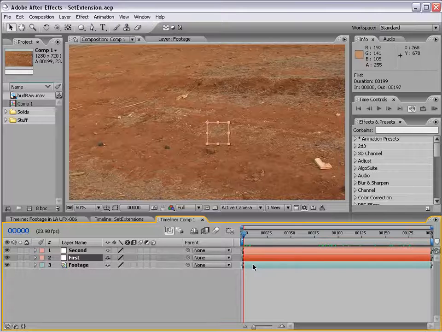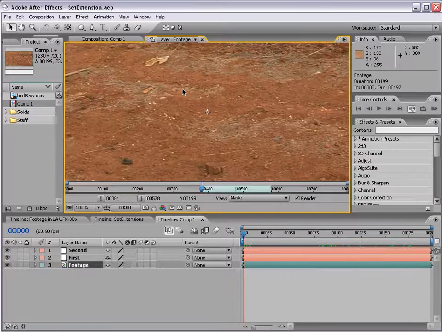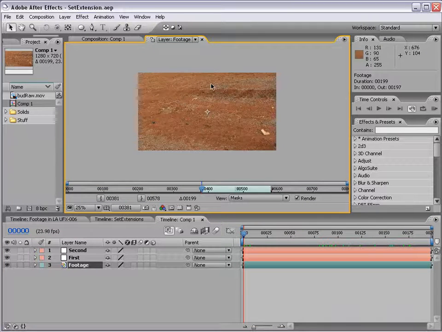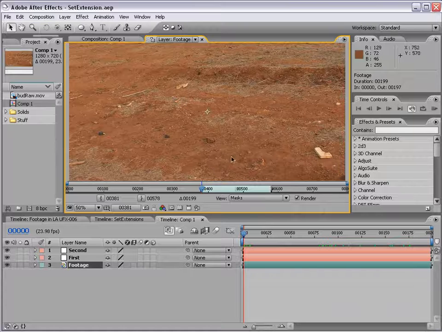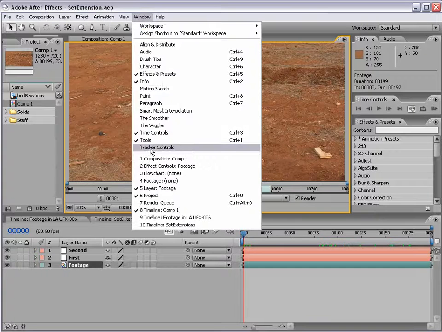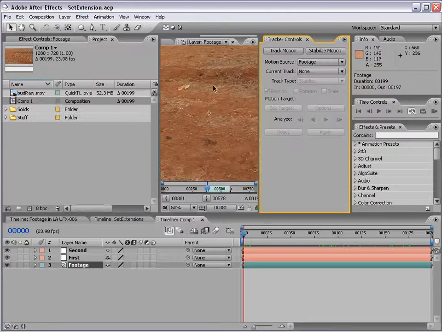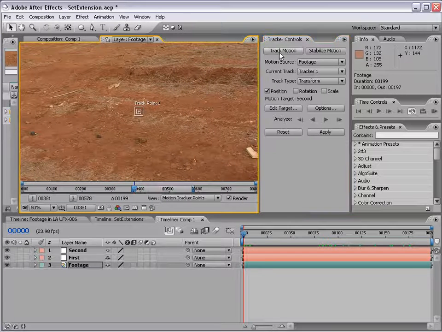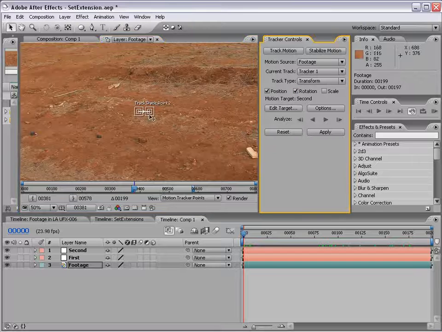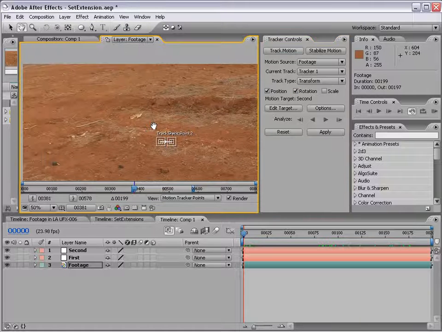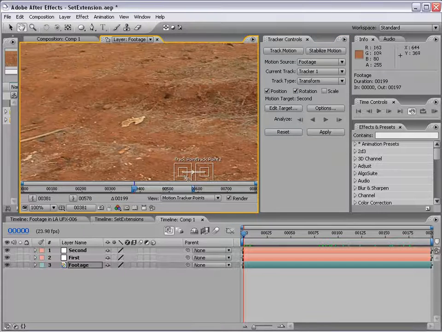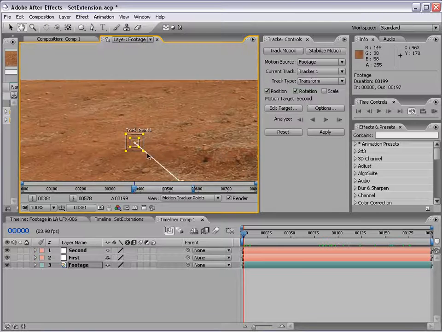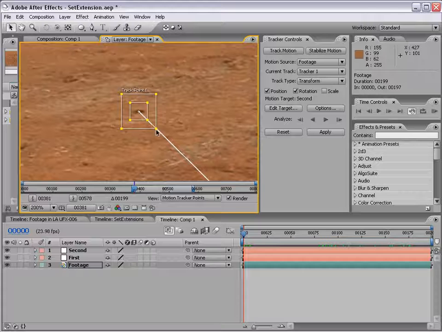So I'm going to double click on the footage, and that opens up the footage in the layer footage viewer. And what we're going to do is bring up the tracker controls. We are going to make some space, and we're going to click track motion. Track point 1, we're going to click on rotation. That brings up track point number 2. Now what we want to do is move these track points to a good location. Here's a nice good contrasted point. I'll just